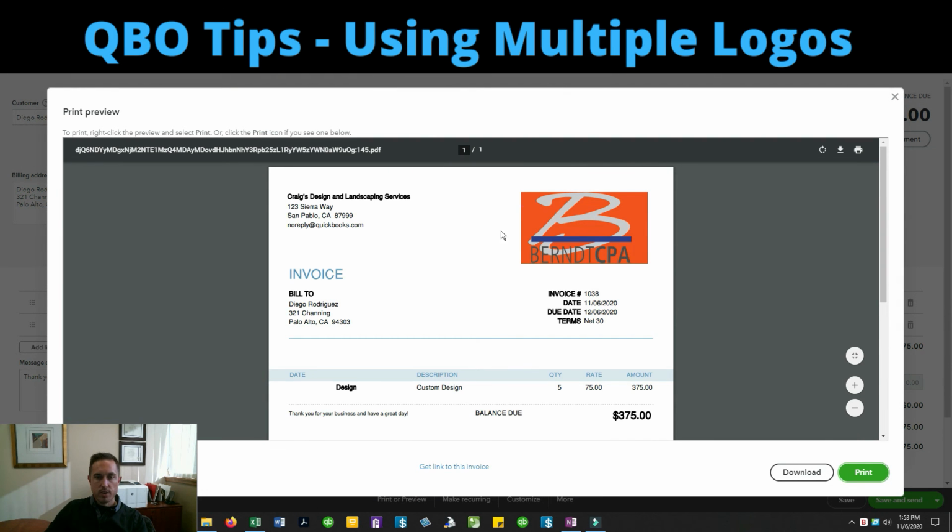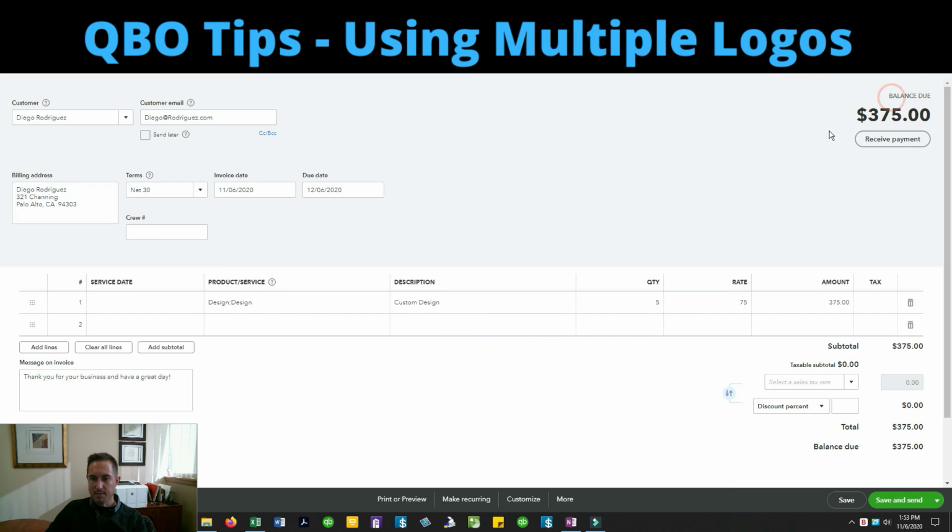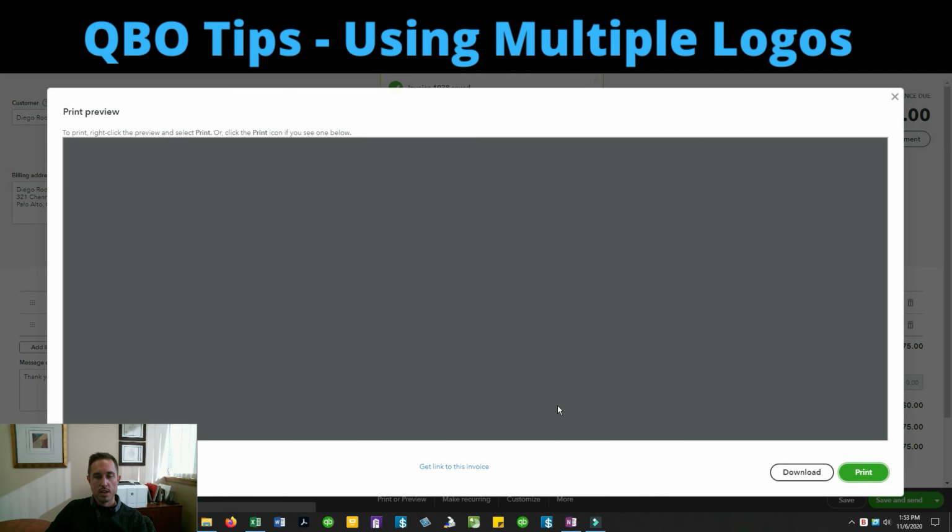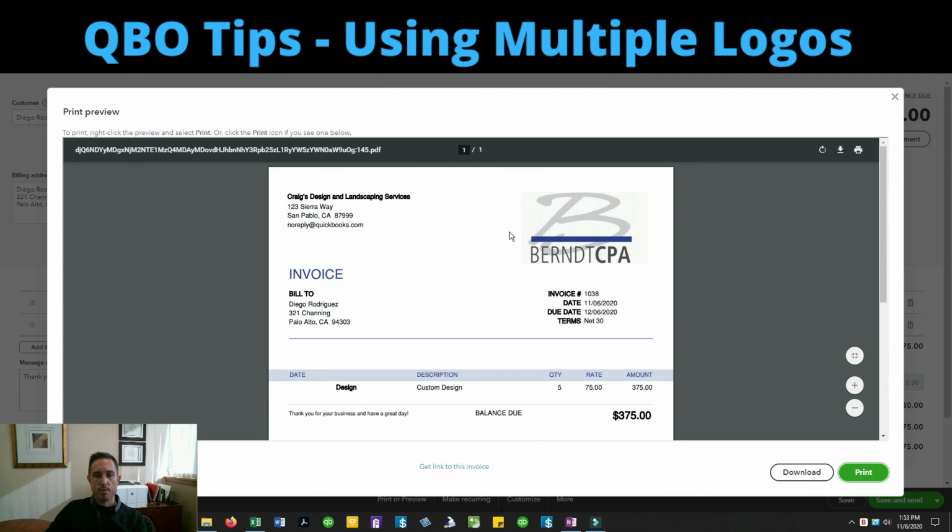So when I do that, notice I've got my not so great looking orange logo up here. I can X out of my preview. I can go back to Customize down here, and then I can go back to Template 1. Again, I can then save it so that I can print preview it. And now you see I have my white logo, the nice cleaner looking logo here.